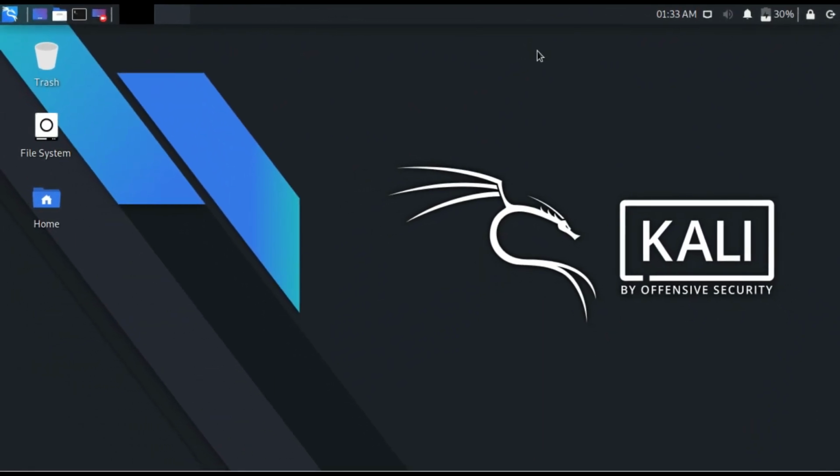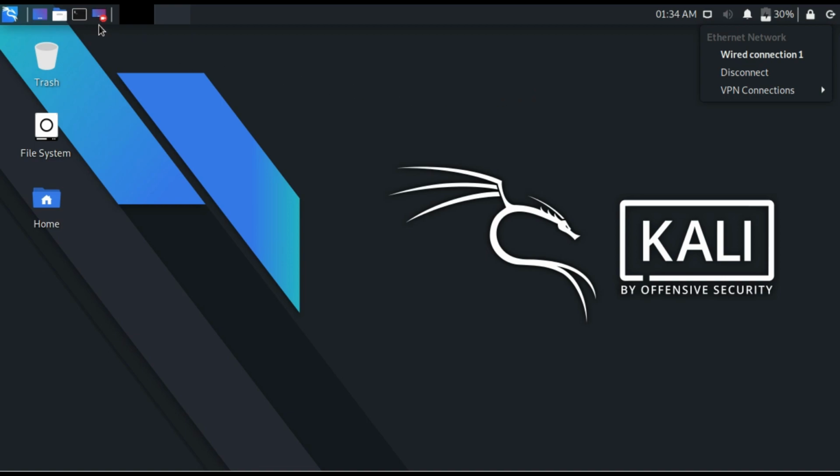So guys, here I will tell you how to set up your Kali Linux after first installation. So here you can see this is the desktop. So first of all we have to update and upgrade our Kali Linux, as we have downloaded the 2021.1, but after that time new updates and upgrades have come. So first of all you have to connect your network, as I have a wired connection, so my network is connected. If you are having any problem regarding this, then you can tell me in the comment section. I will tell you the solution in the comment section.